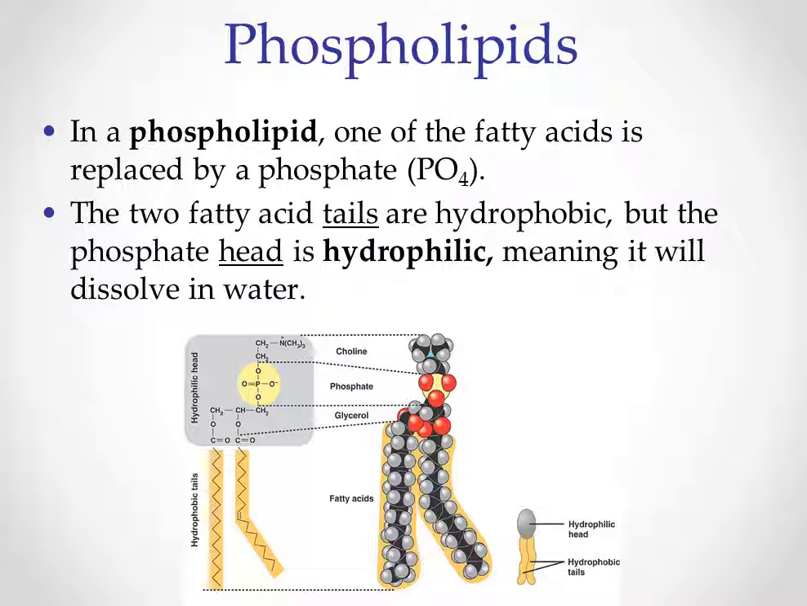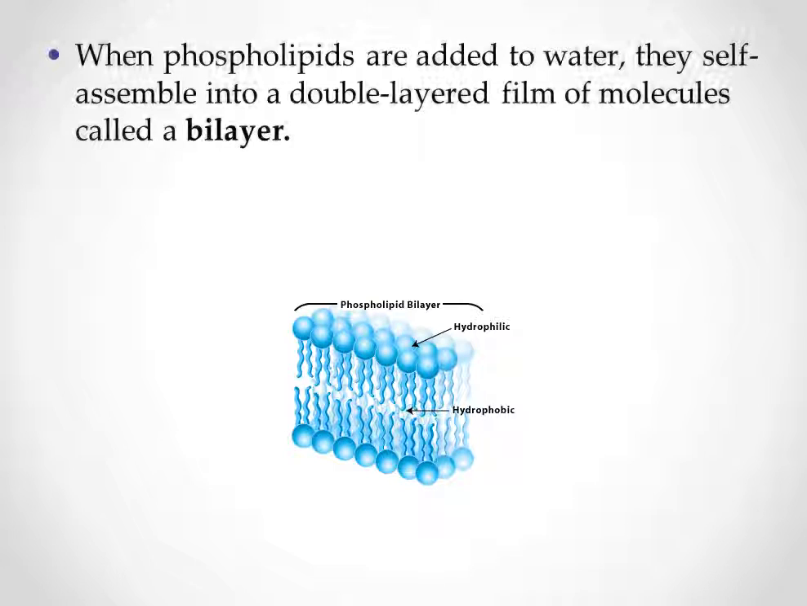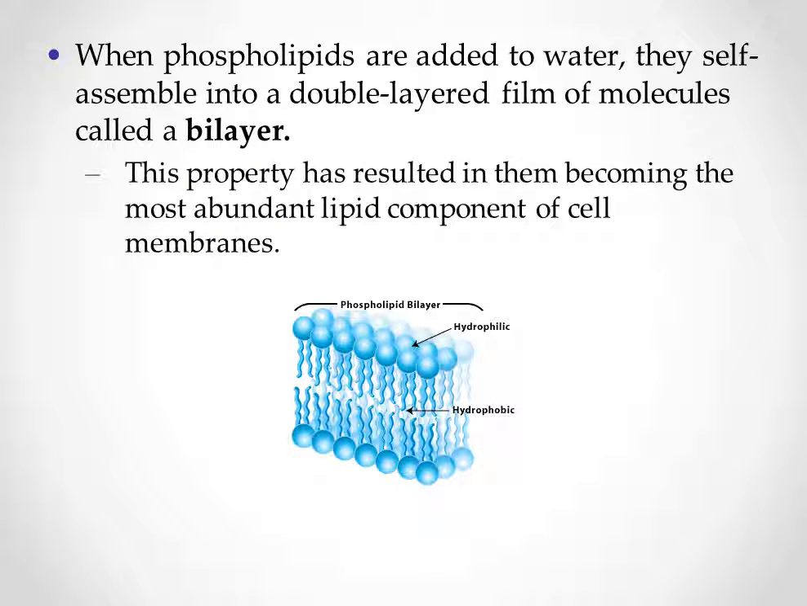Now phospholipids. So phospholipid is one of the fatty acids that basically is replaced by a phosphate group. So it's made out of a head and two tails. Now, dissolve in water. Now, it's a bilayer. So a bilayer means bi means two, layer means in stacks. So these guys actually have, this is what your